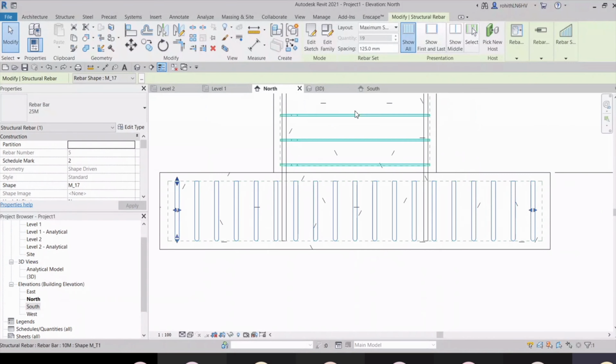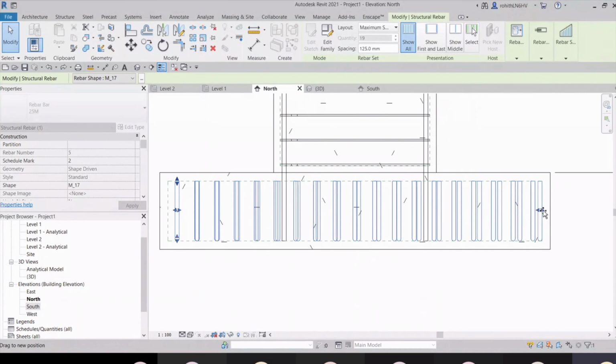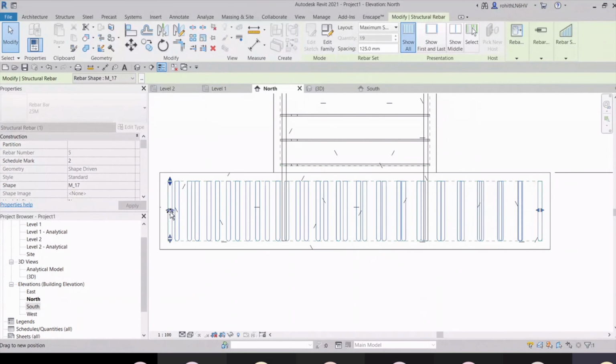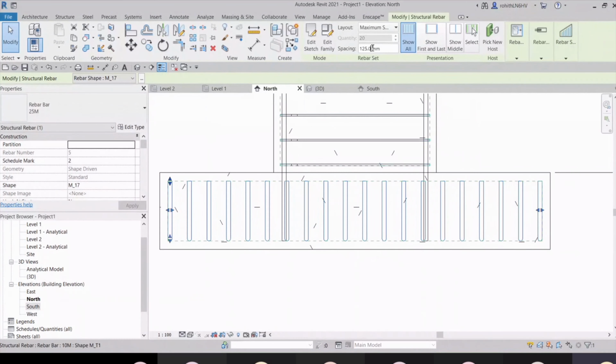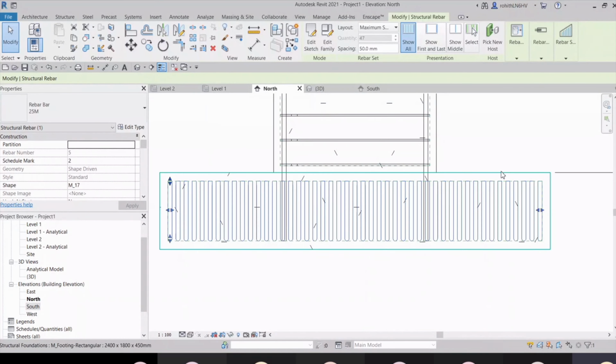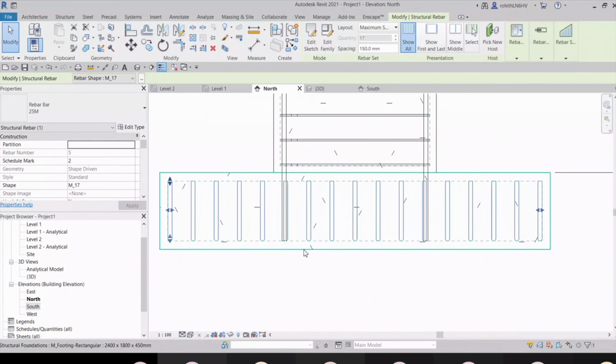If you want to make any adjustment there, you can make it. So it will snap till the end, and there you can specify 150 as the distance. Sorry, not 50. 150 will be the distance. Okay, so if you want to make it 100 mm, you can make it 100 mm.